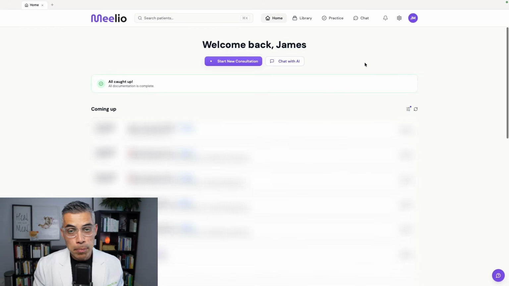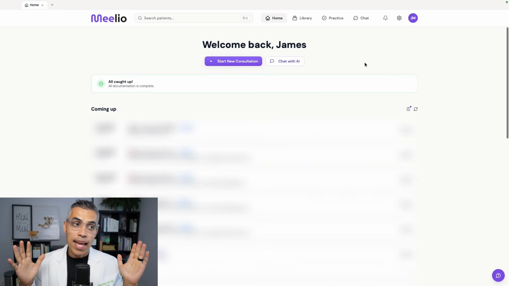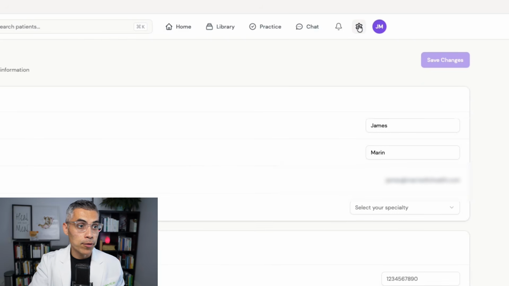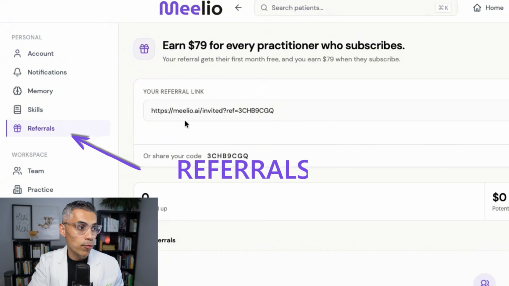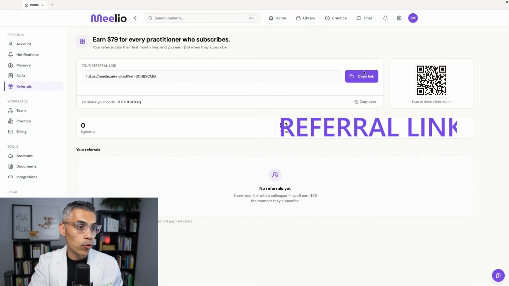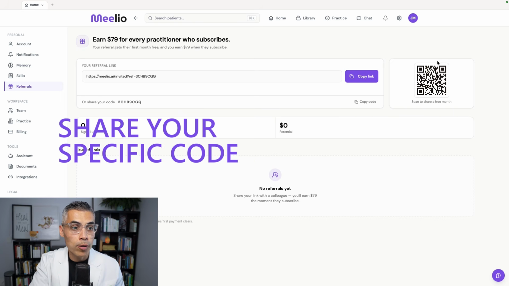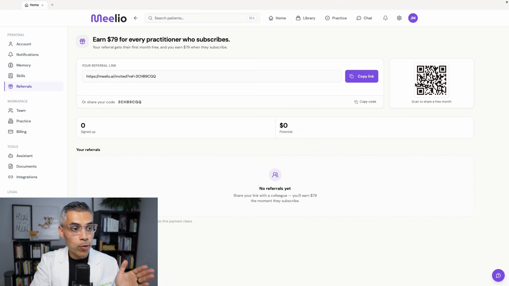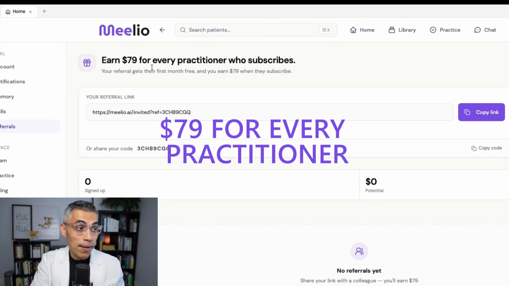You might have seen the pop-up of the Refer and Earn program that Meelio is running. Now, if you are not seeing that pop-up anymore, what you can do is go into your settings, and to the left here, you'll see referrals. This will give you your referral link. You can copy that link. You can also share your specific code. You can even screenshot and download your QR code, however you want to use this. I'll show you the easiest way that we're using this, but right here is where you can earn $79 for